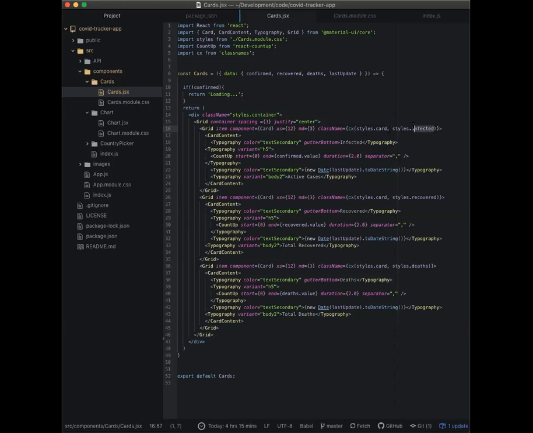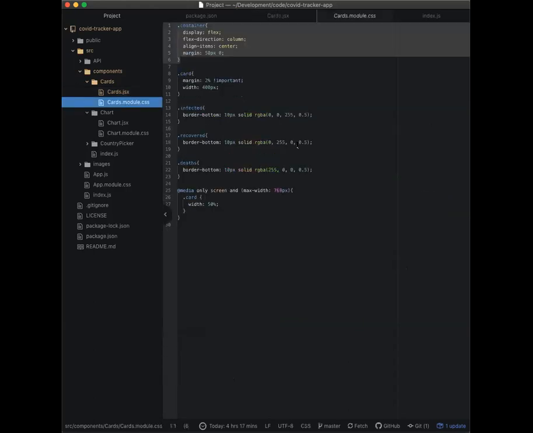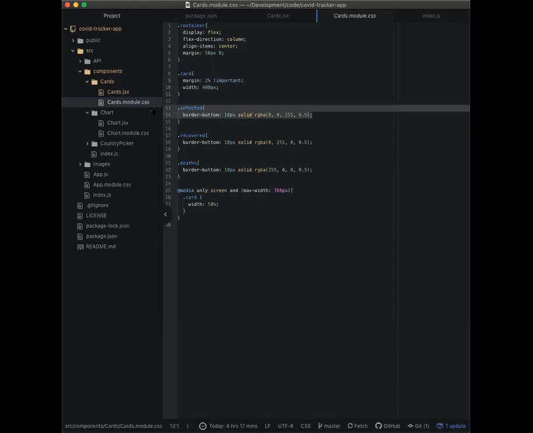Here we have our infected styling, recovered styling, and deaths styling. If we go in here, you can see the whole container is a flex container with the flex direction, align center, margins of 50 on top and bottom, and left and right is 0. With the card, the reason why I have it as important is because we are setting the margin specifically on the side, different from what we have on the card provided with Material UI. So I'm overriding what Material UI provides us. Again, here in our individual card, we have our infected. The reason why I did this is because I wanted